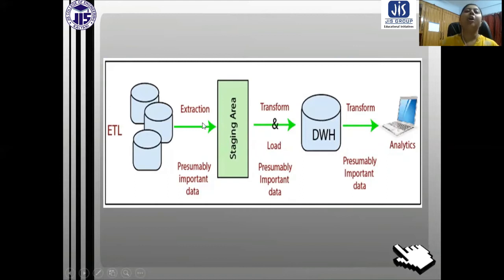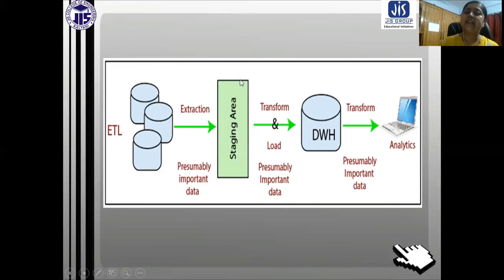You can see here we have different data sources, and they are independent of each other. All the information relevant to that particular data warehouse is extracted from these different data sources and comes to the staging area.